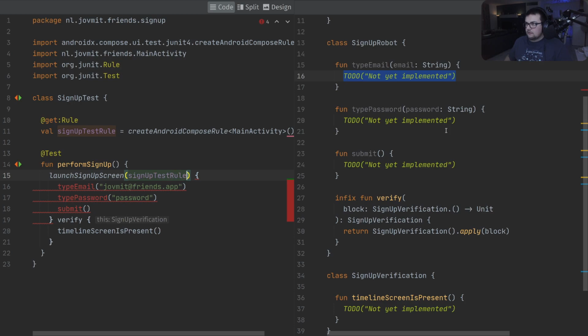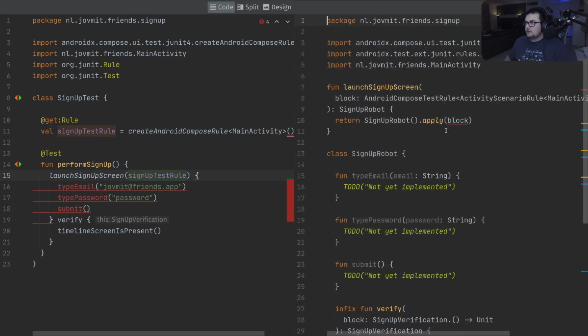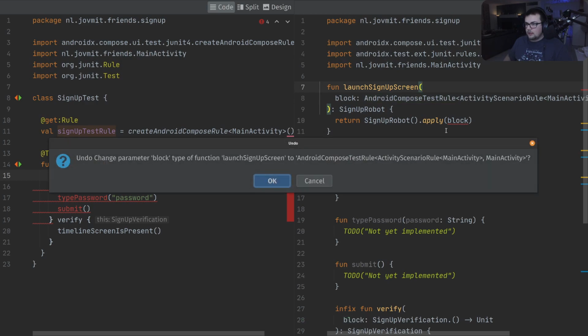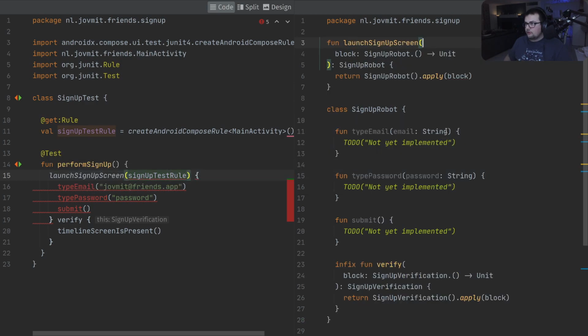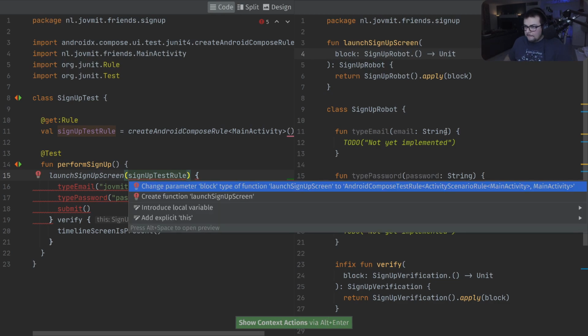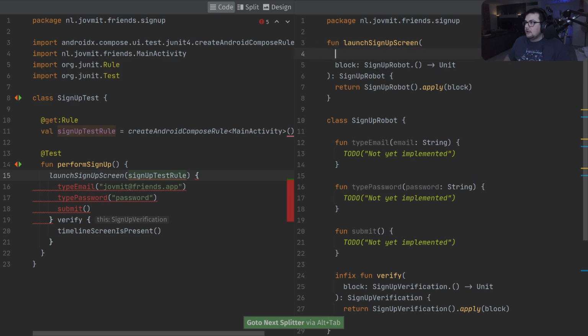Change here the signature. Oops, I did something wrong. Yes. So I don't know why it cannot create function. Yeah. So here I'm just gonna take it. I think it's gonna be